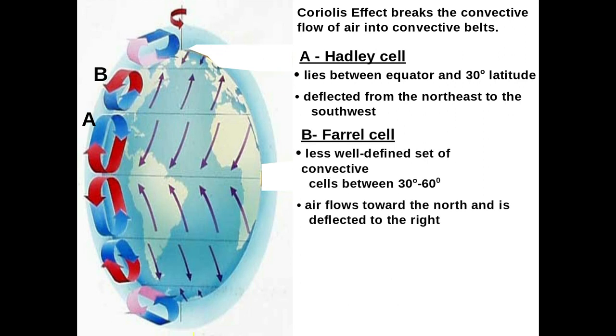Then there is the Ferrel cell. That's the B cell here. That lies within the mid latitudes. It's less well defined as a convective cell. Air flows towards the north and is deflected to the right. And the Ferrel cell is the typical cell that is responsible for most of our global weather patterns across the